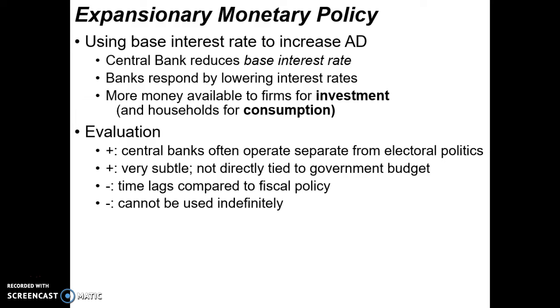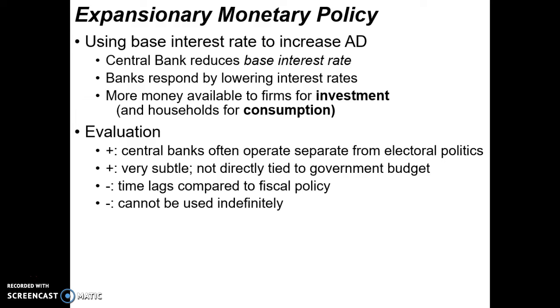So the alternative is expansionary monetary policy, which uses base interest rates to increase aggregate demand. The way it always happens is the central bank will reduce the base interest rate. In the United States, that's the Federal Reserve. In the European Union, it's the European Central Bank, as examples. Banks will respond by lowering their interest rates. So the central bank reduces its base interest rate, the rate that it loans to individual private banks, and then the banks will respond by